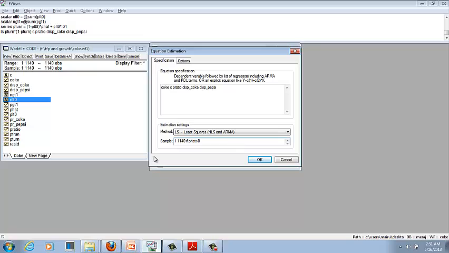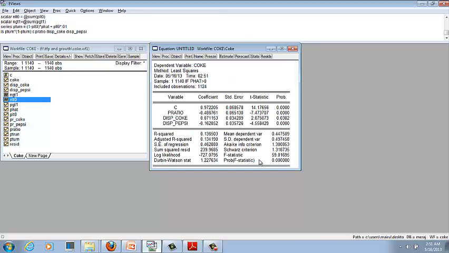It means the system automatically takes those values where P hat is greater than 0. So the probability is greater than 0. Otherwise, the system automatically rejects these values. So let's run our regression here. And this is our weighted regression of the Coke model.